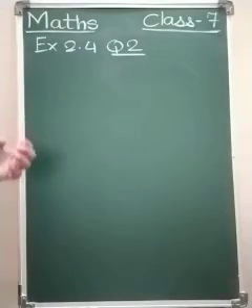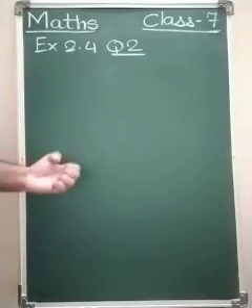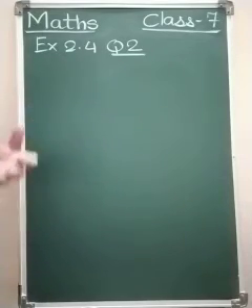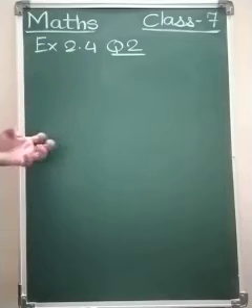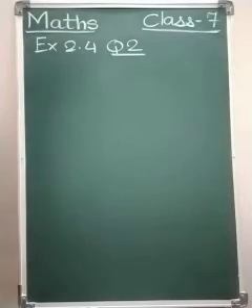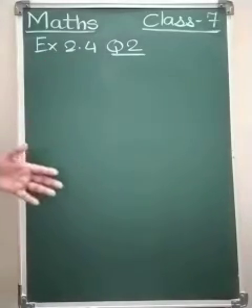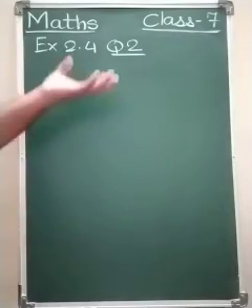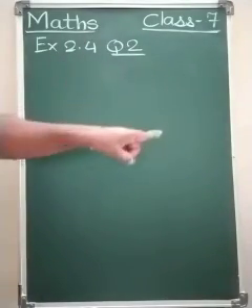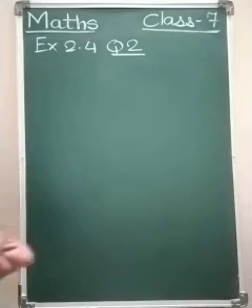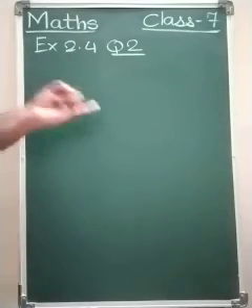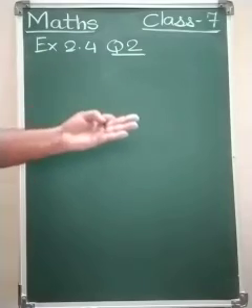Okay, question number 2, it is a very simple sum. Only 1 or 2 we are going to solve out of this. Rest you can do for your homework also. Very simple sums. The question is, find the reciprocal of each of the following fractions. Classify the reciprocals as proper fraction, improper fraction and whole numbers. So some fractions are given. We have to reciprocate them and classify. Classify means we have to name whether the reciprocal is a proper fraction, improper fraction, or a whole number.